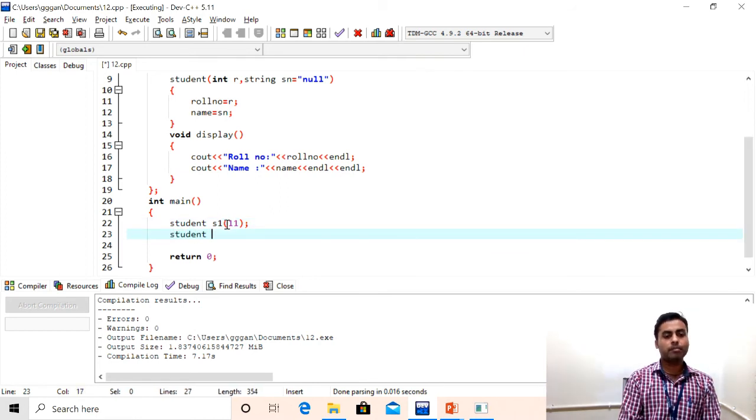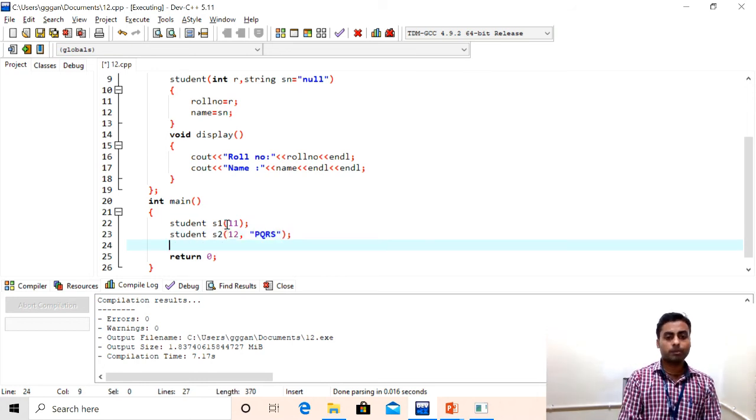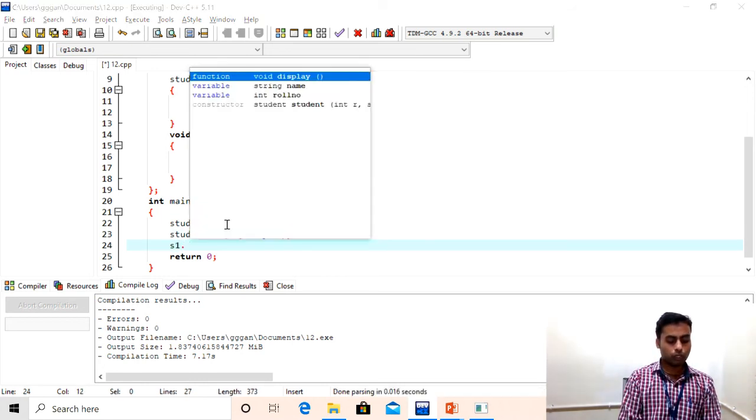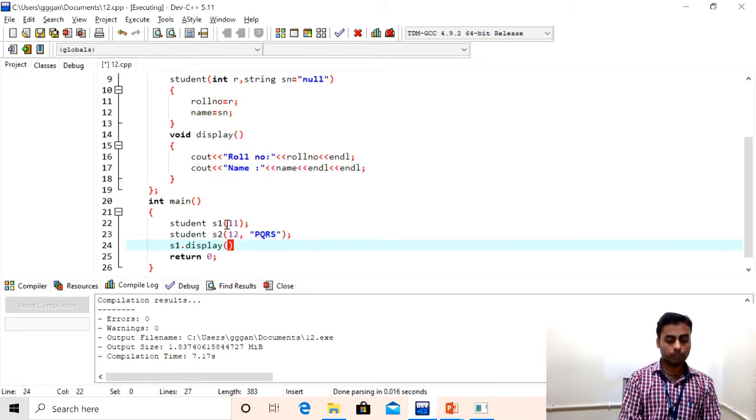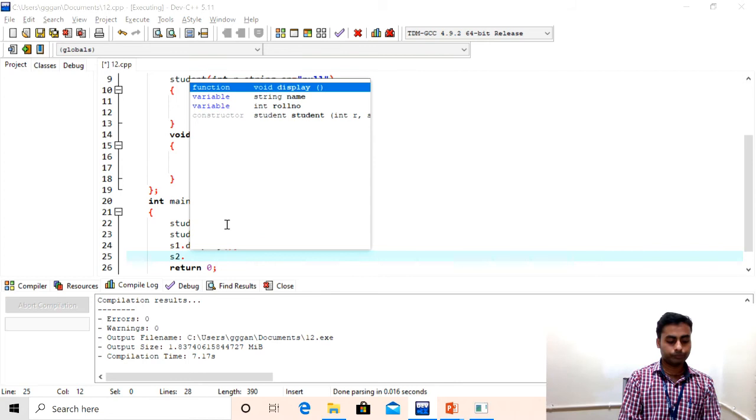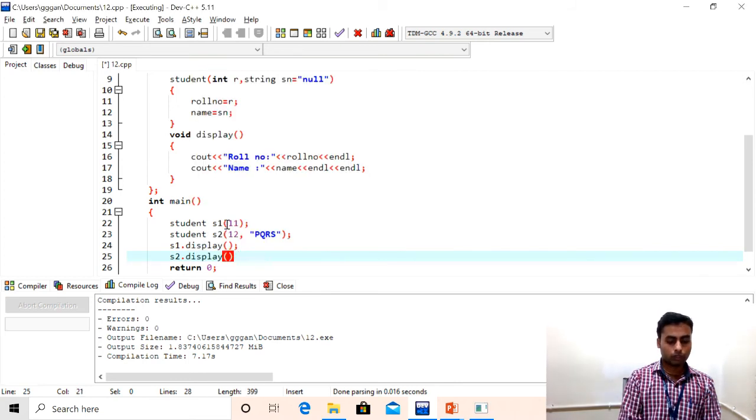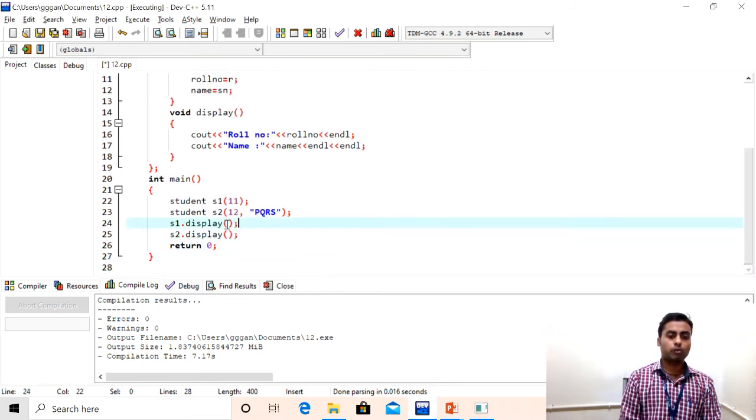Another student came, student S2, and this student was quite responsible, so he wrote his roll number 12 and also gave his complete name, something like PQRS. Now we will call the display function for both: S1 dot display and S2 dot display. The rest of the program is as it is.